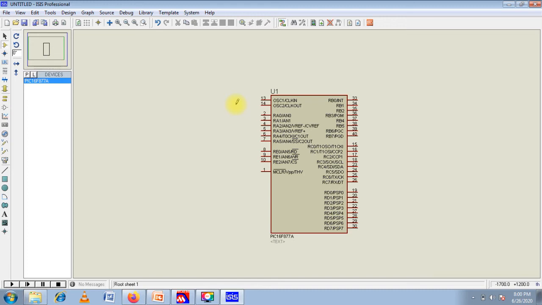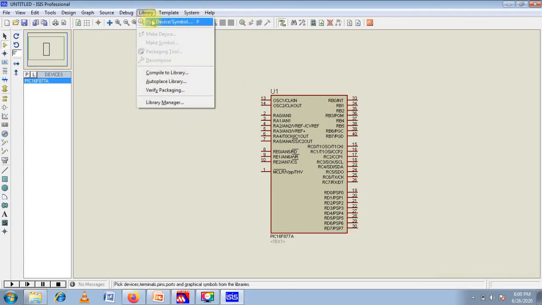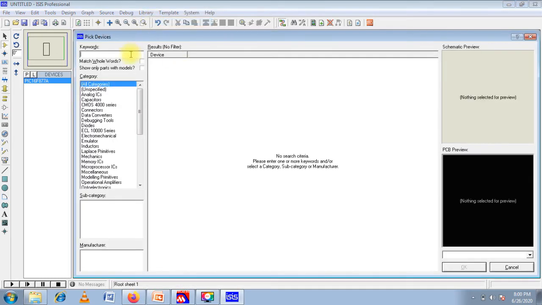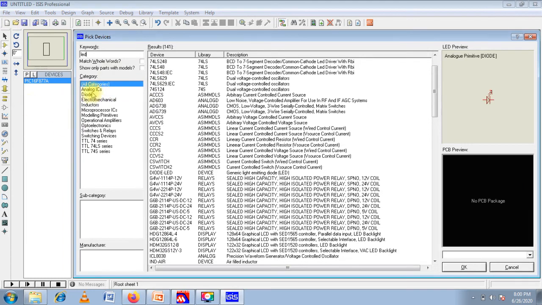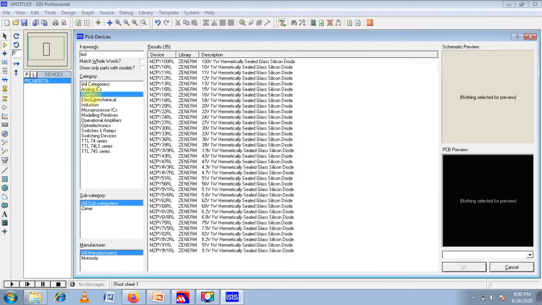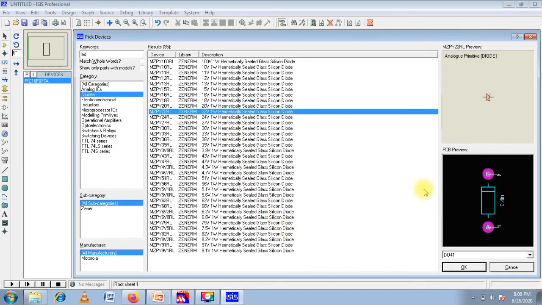We are only adding the LED with respect to the corresponding port. For picking up the LED, go once again to the library, then type LED. We have to go to diode, LED.